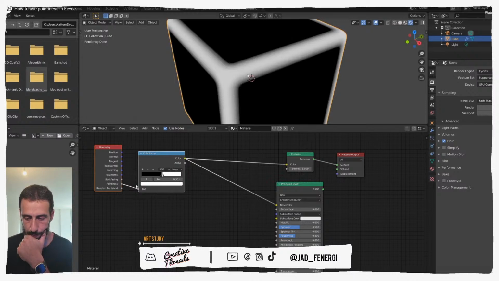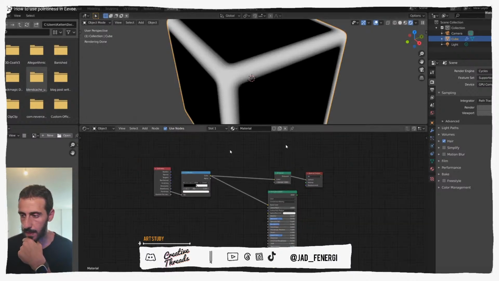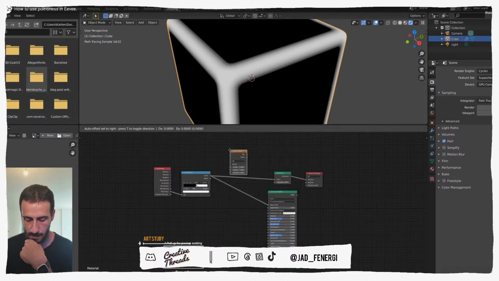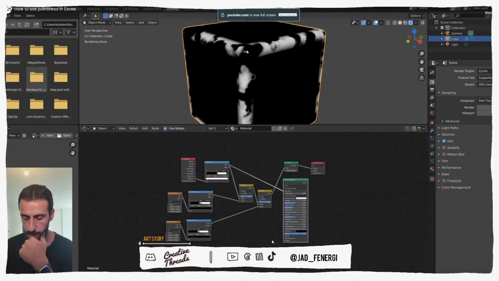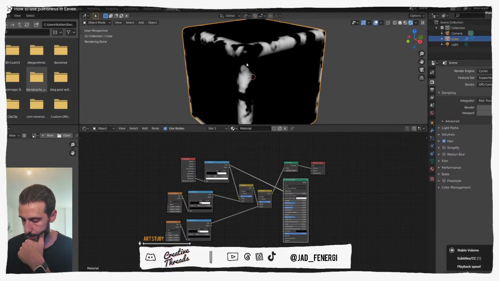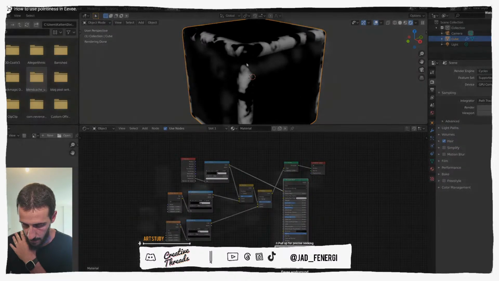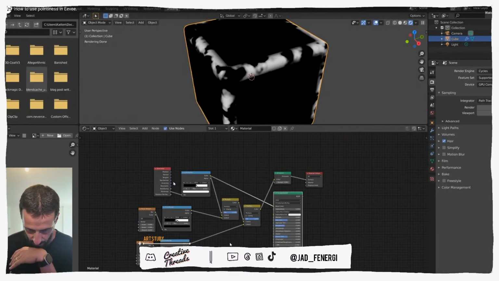So the pointiness going into this is Cycles. Eevee workaround. So this is the Eevee workaround. Let's make sure the quality is set to HD. What's the Eevee workaround? So they have,